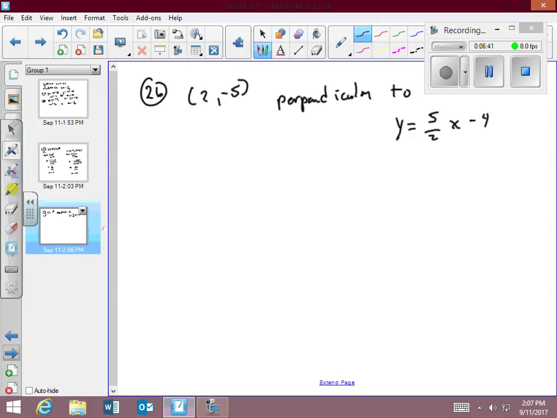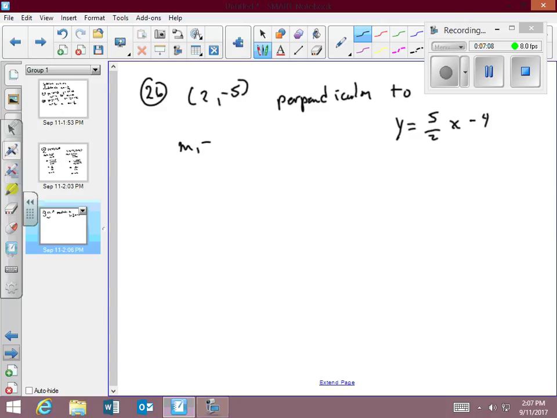So for that point 2, minus 5, we're trying to find the line through that point. We have a point, but we don't have what? Slope. So it's given us that other line so we can calculate the slope for the first line, right? This line right here